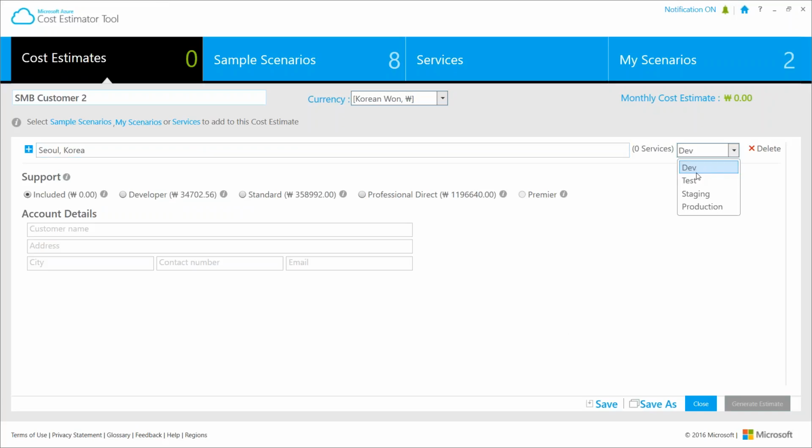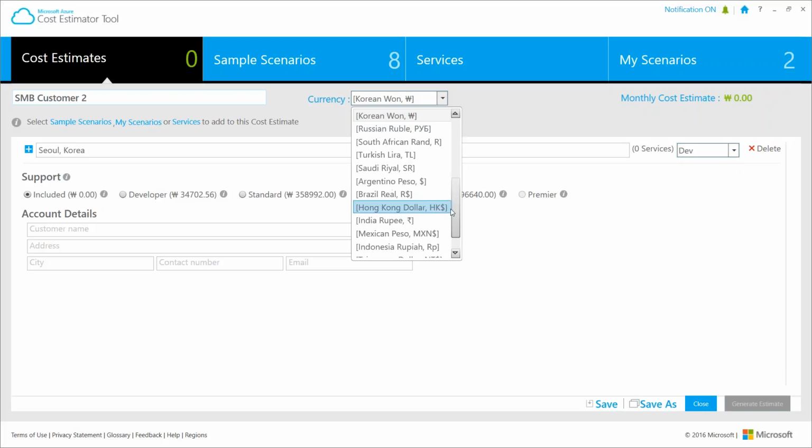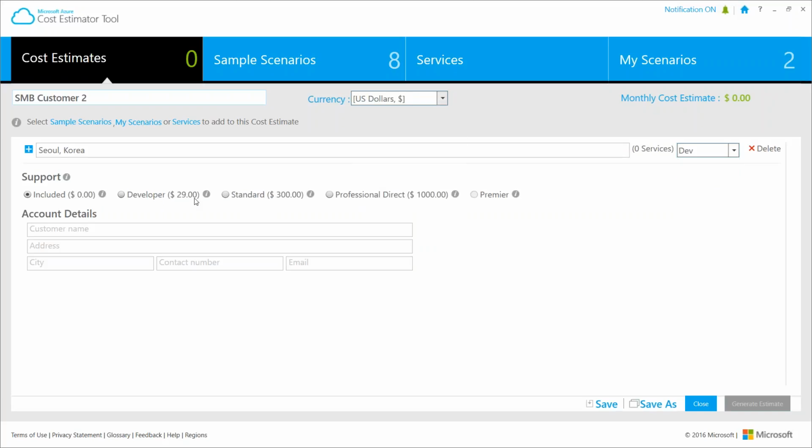Now some other options. We can also classify our designs as either dev, test, staging, or production. The support plans here. Developer, I think that's like 29. Actually, let me flip this back because I want you to see the U.S. prices. So here for the developer, it's $29 USD.